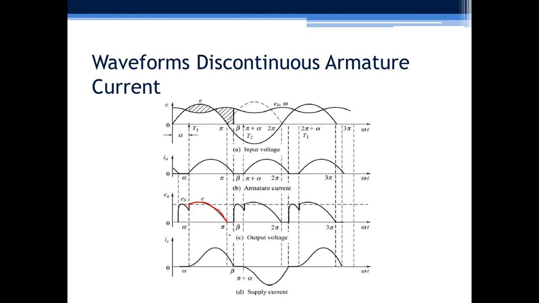So here diode DF will come into the picture, but as the load is not a highly inductive load, the load will not be able to keep this current continuous. It should happen in this way, but instead this current will decay here itself before pi plus alpha. That means before the next thyristor T2 is fired. So here we will get this output voltage as 0, and output current will also become 0. So there will be a discontinuity in the current.